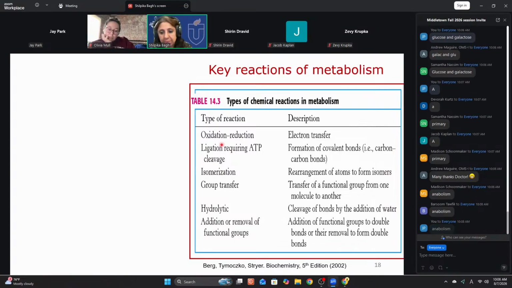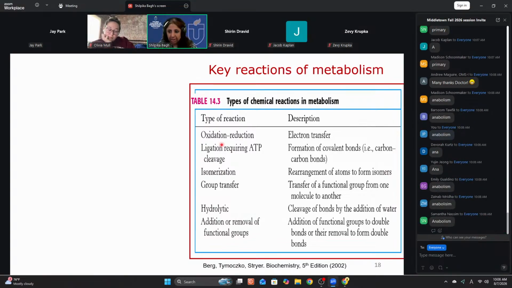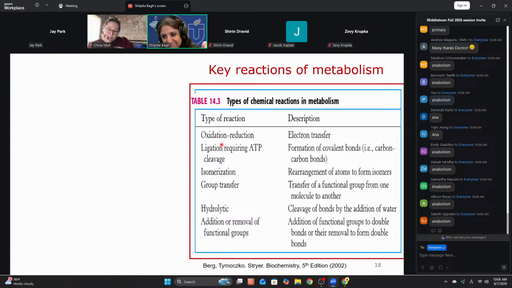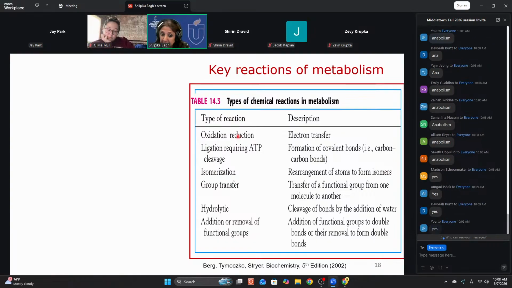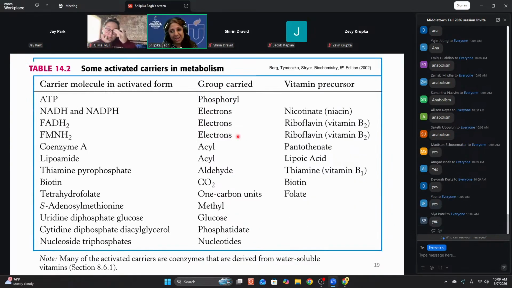Which one? Catabolism or anabolism? Anabolism. So you got to clearly distinguish that. Now, catabolism. Is it by this big enzyme oxidoreductase and subclass dehydrogenase? Keep an eye on that, please. Why? Because they all need vitamins as coenzyme. So you got to keep an eye on which vitamin is which coenzyme.